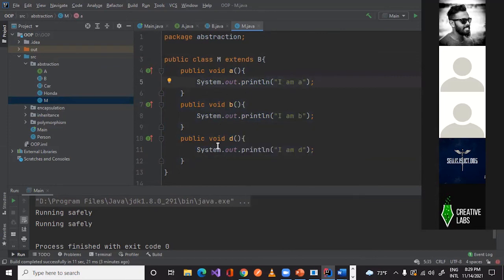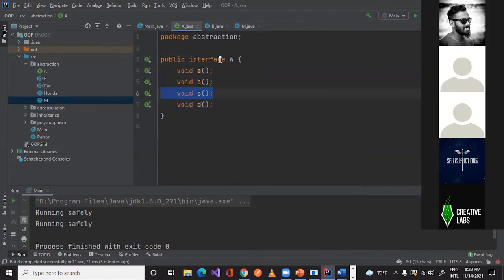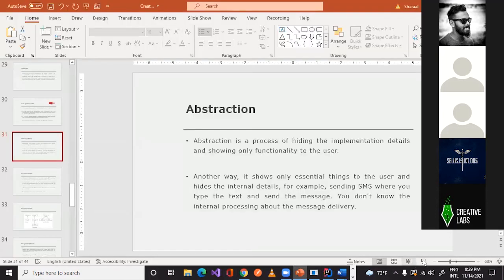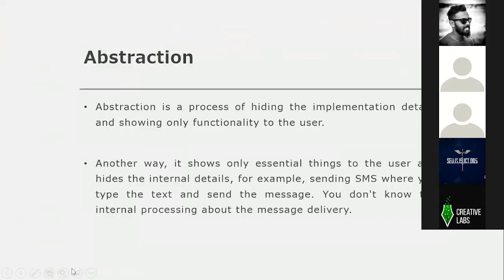But this method is actually coming from this interface A, because this is something like this. So B is there. This is extended with M, right?